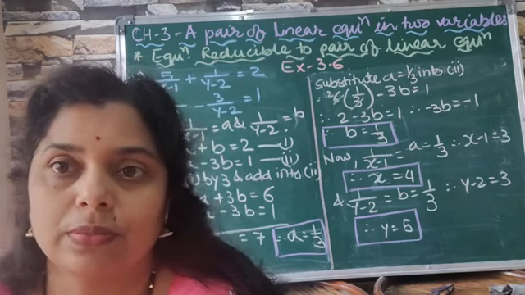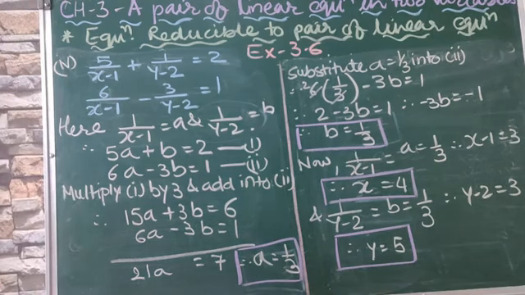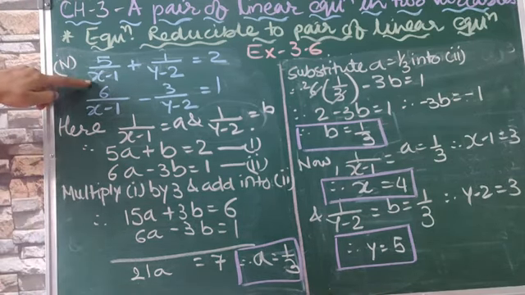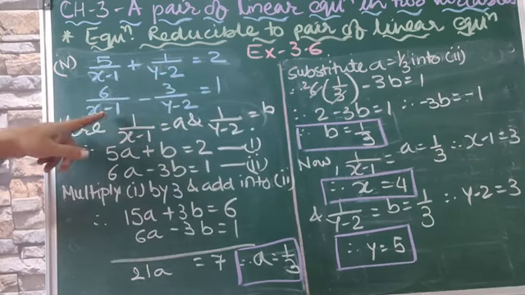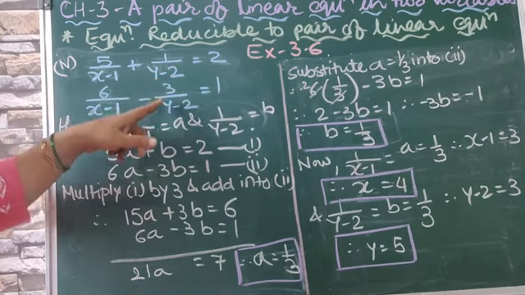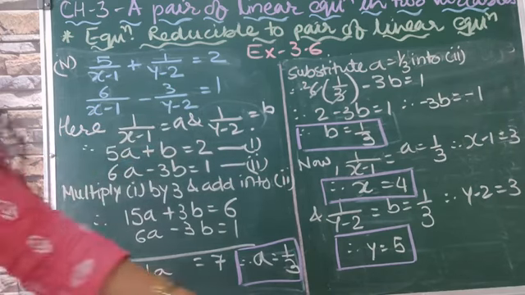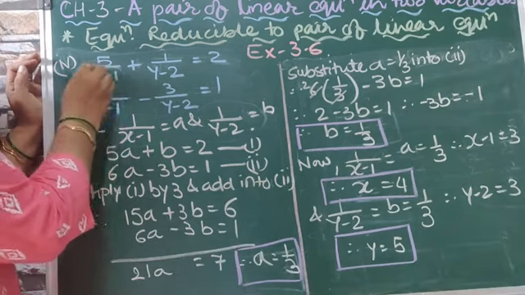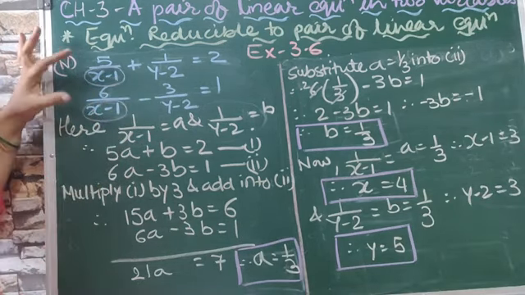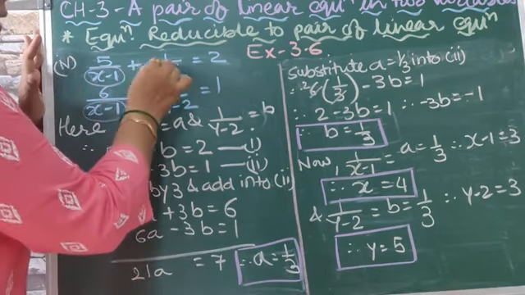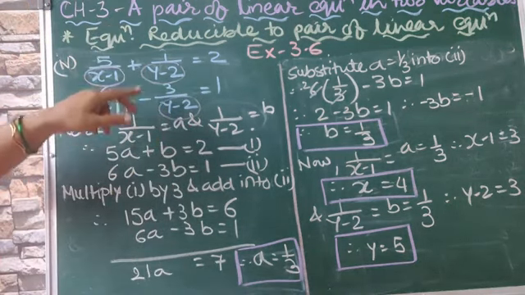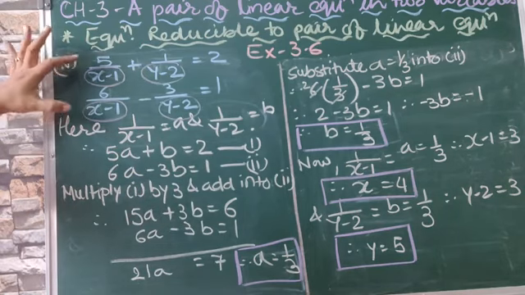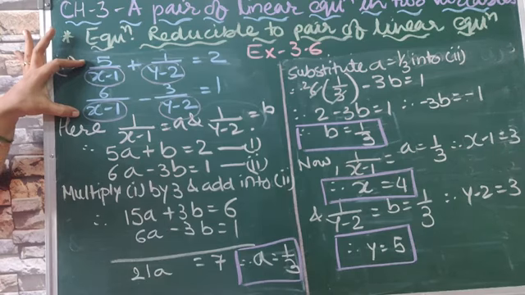Now let's start the fourth one. In that it is given that 5 upon x minus 1 plus 1 upon y minus 2 is equal to 2, and 6 by x minus 1 minus 3 upon y minus 2 is equal to 1. If you notice, x minus 1 is at the denominator place in the first term of both equations, and y minus 2 is at the denominator place in the second term of both equations. As these two equations are not in standard form,